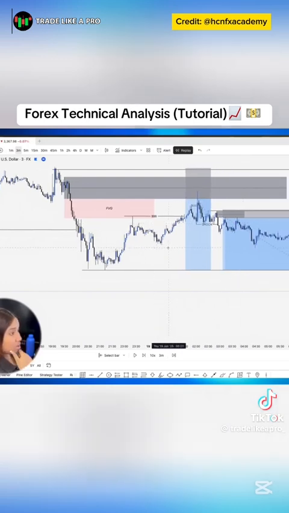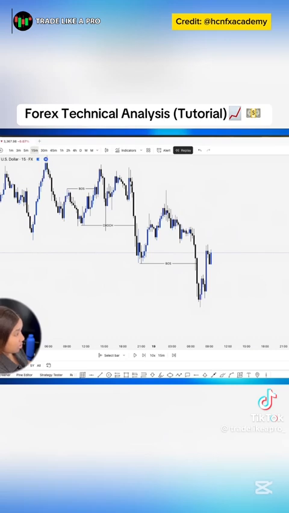So that is it. Let's also look at another example. So traders, still on gold, remember we were able to catch this particular sell. Now we have a new break of structure. Now from this break of structure, we need to look for the order block that caused this particular break of structure. So from this particular order block, looking at the origin, you can see the origin started from here to this point. So inside this origin, you have to look for the order block that caused this particular